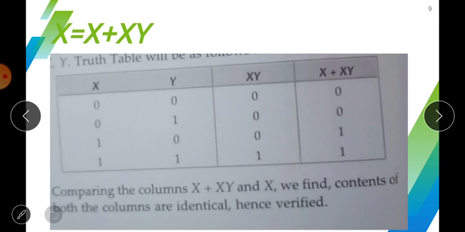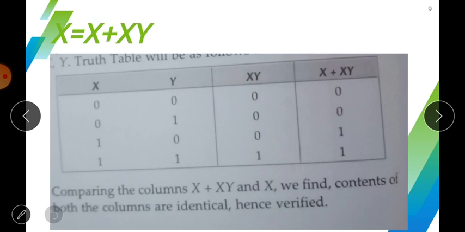After the final calculations, the column for the LHS and the column for the RHS will be compared. If there is a match, then the Boolean function is verified, and if there is any discrepancy, then the function is not verified, or you can say the function is not true.